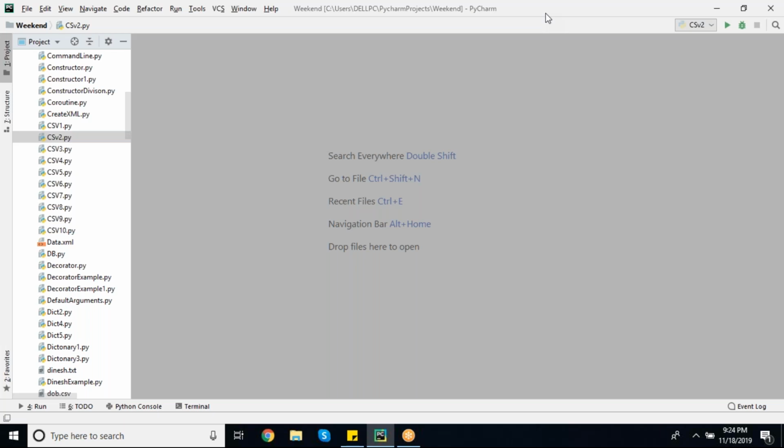There are two different ways to create a thread. Those are: first one, by underscore thread, and second one, by threading.